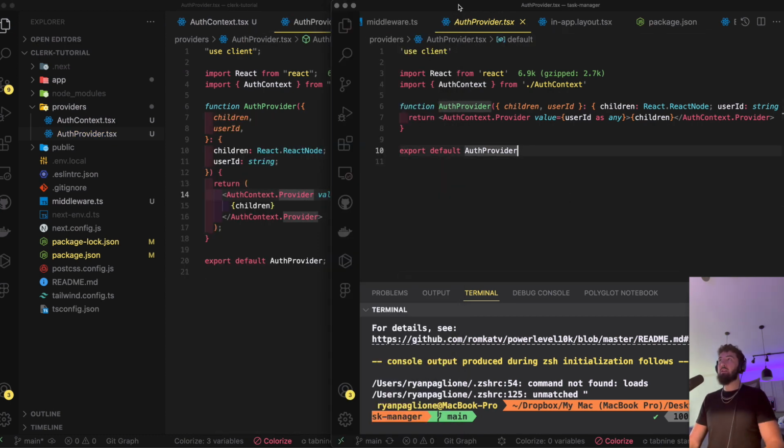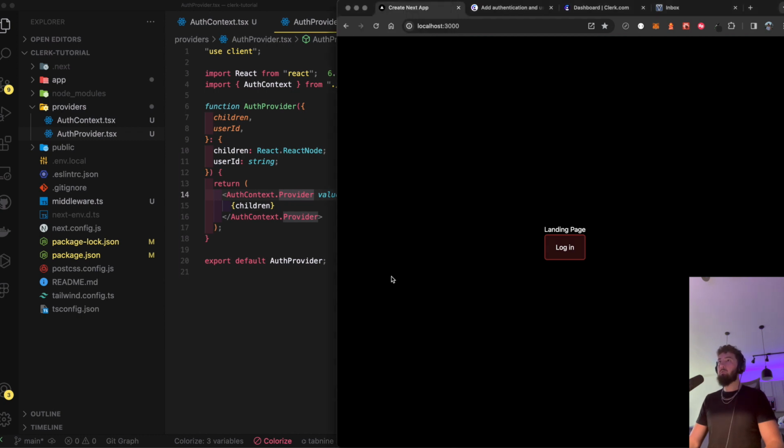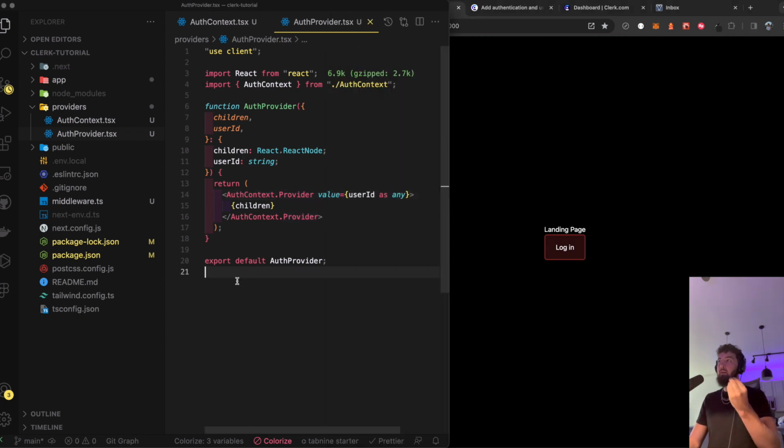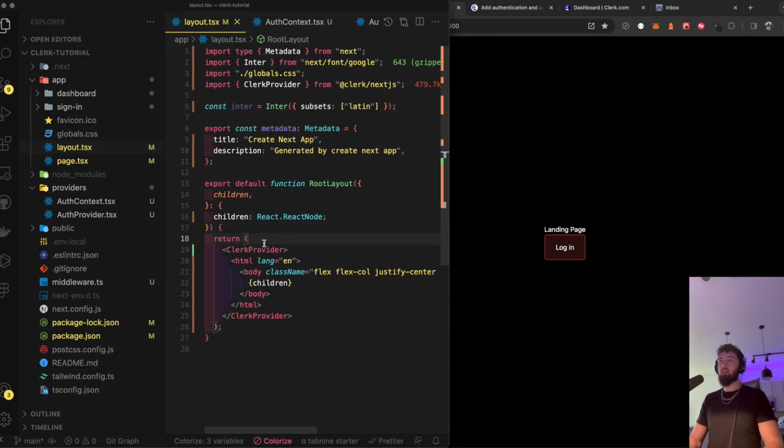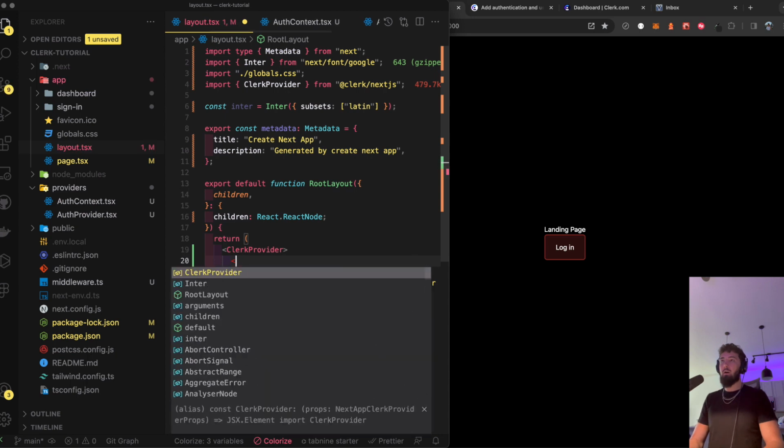It is just the way to really, in my opinion, add authentication credentials and data, as well as handle the hydration error in all bits of your application. So right now, if we wrap our layout in this real quick, our auth provider,